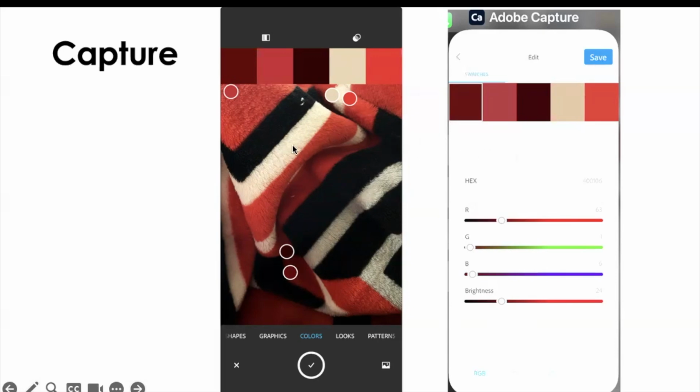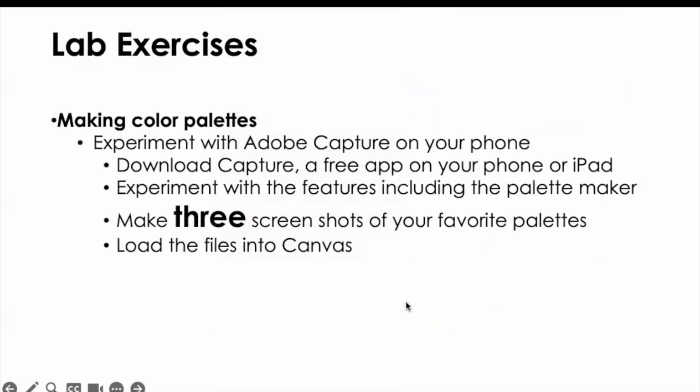What I want you to do is, here's the exercise. I want you to experiment with Adobe Capture. You can do all kinds of different things with it. You can play with it, and I would suggest that you do because you can really use this for a